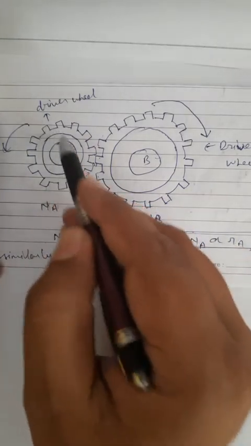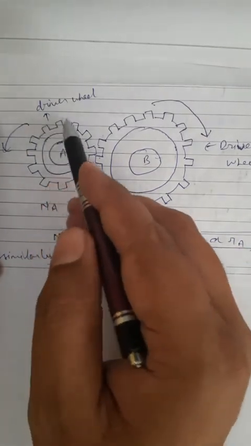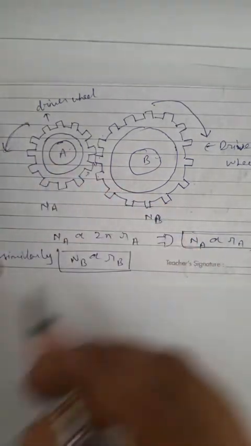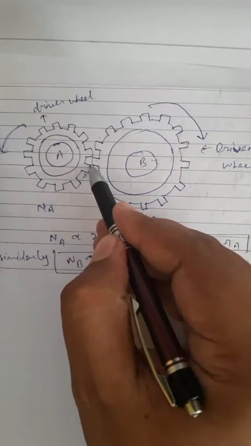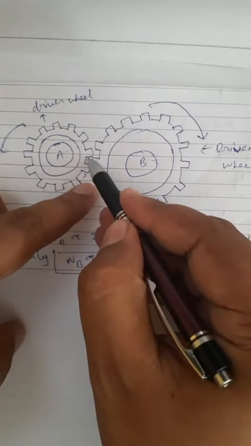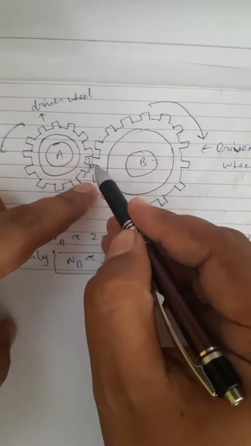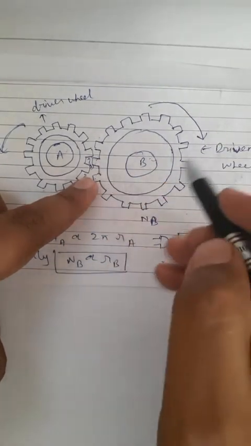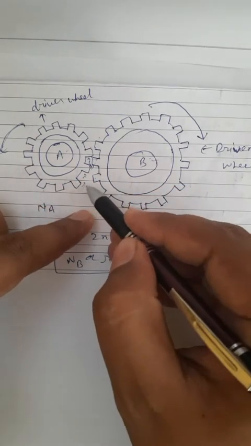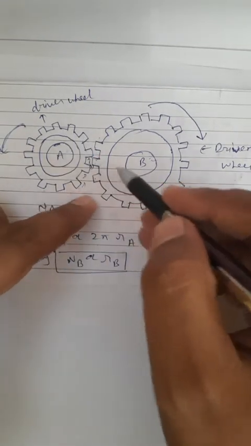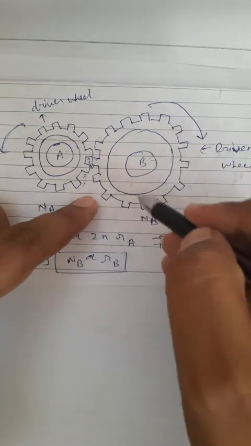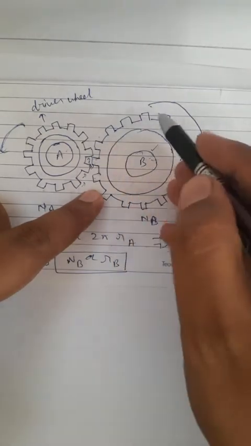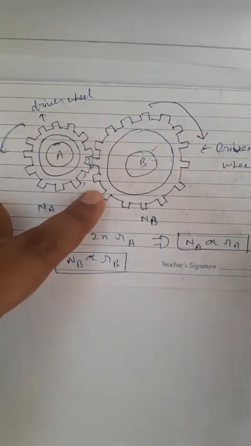You can see that suppose this is a gear A which is moving in the anti-clockwise direction in this particular direction. Now look at this particular teeth. Since this teeth will go in the upward direction, it will apply a force on this teeth of gear B. So this teeth will move up, and the subsequent teeth of gear A are applying forces on the subsequent teeth of gear B. So this gear B will keep moving in the clockwise direction.